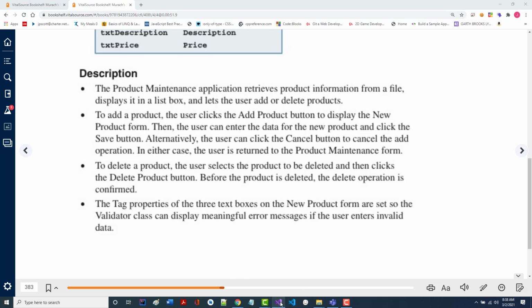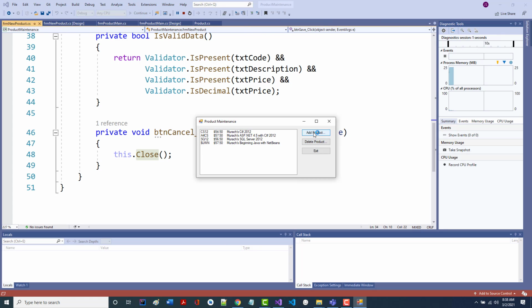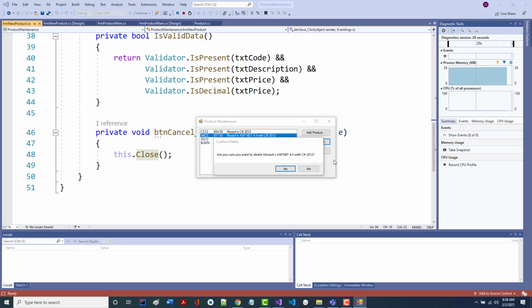So in other words, if I come in here and I run this and I ask for a new product and I change my mind, that's what happens. That's the this.close. All right. In the same way, if I click delete product, and I change my mind, okay, now basically I am in here until I do something. All right, so I could click it like this, but I could have put a cancel in there too, instead of a yes, no. There's a lot of different ways that this stuff can be done. All right.